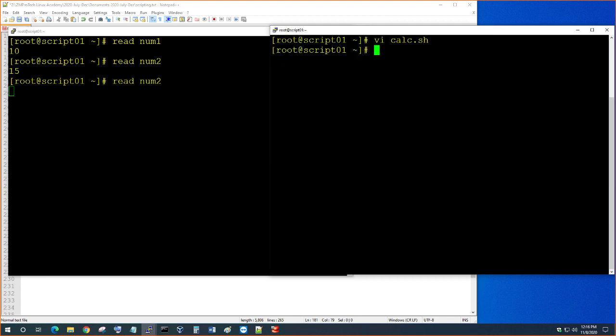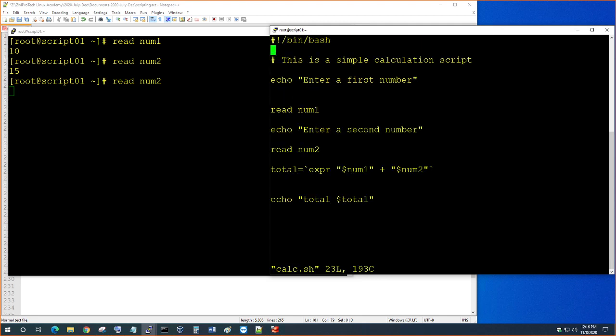So all these things are important here. Unless you have a good hang of this, you will run into some issues, that's expected. There you go. Total is 70. Yep. So if you want to make it look good on your eyes, what you could do is echo in here